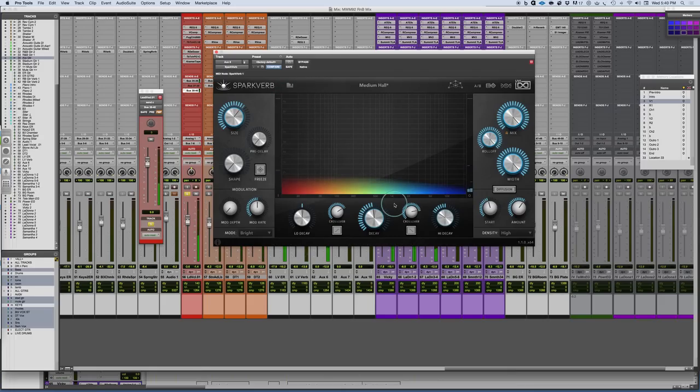So let's start with a simple thing here, just so we can show off some parameters. So we have a medium hall here. If I wanted to add some warmth into this, I can do this. So you see there's more of a reverb time characteristic. I can grab this and drag the display and increase the reverb time on the low or on the high end. So here I can add presence and air,